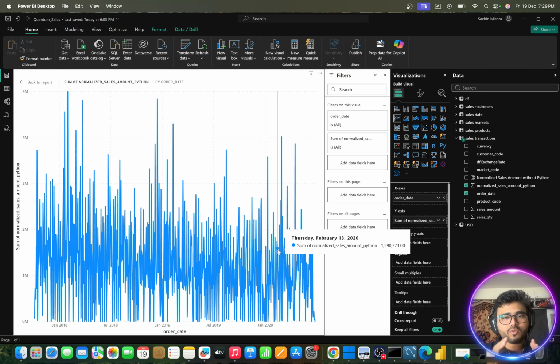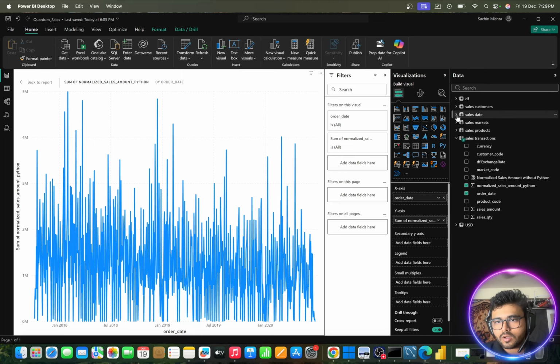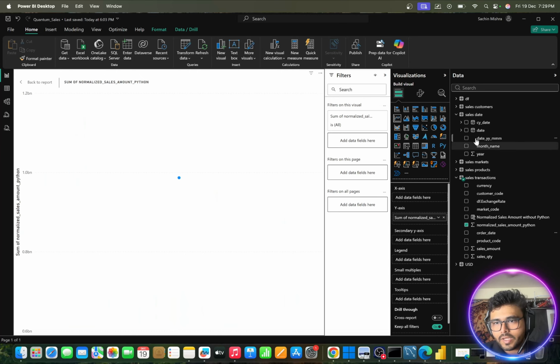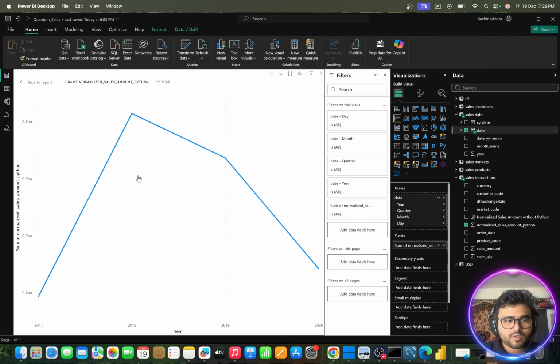Now let's suppose I want to focus on a month-wise basis. So for that, what I can do, from sales date, you see this is what we have, date and date, and this date is the same. So let me remove this order date. Instead of that, I'm gonna use this particular date. Okay, so from 2017 to 2020, and I'm going to put the